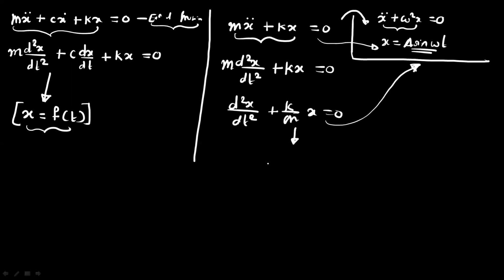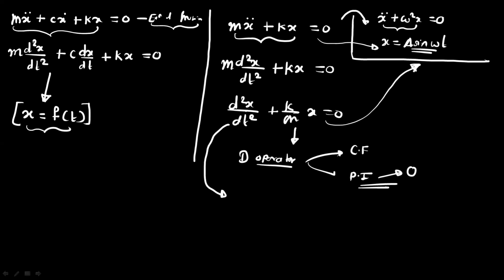There is one method which is called the D operator method. I hope you have studied this in your mathematics 1 and mathematics 2. The D operator method will give the complementary function and the particular integral. As this is a homogeneous differential equation, it won't have a particular integral. We just have to find the complementary function, because the particular integral will have the value 0 directly for a homogeneous differential equation.